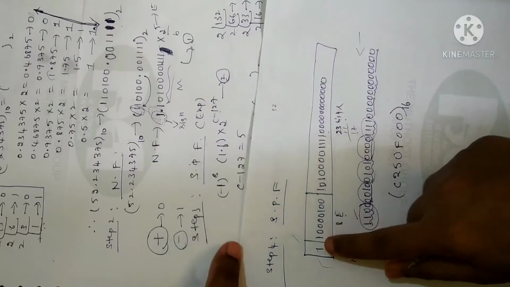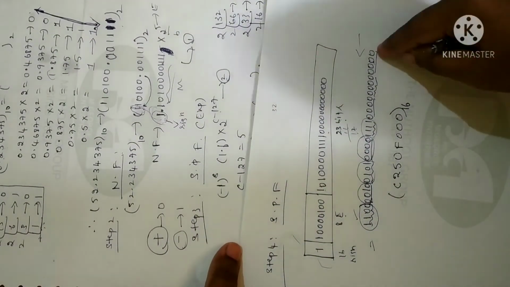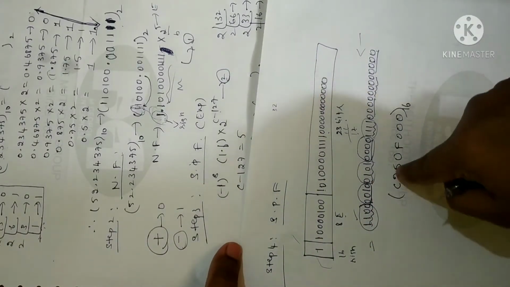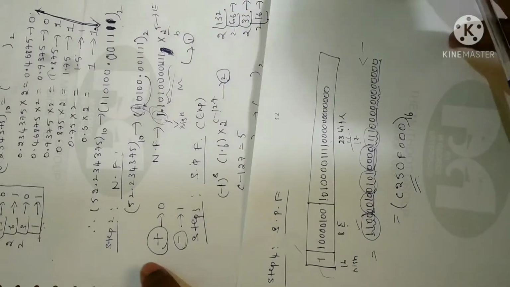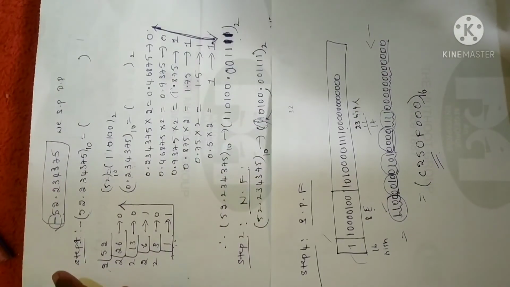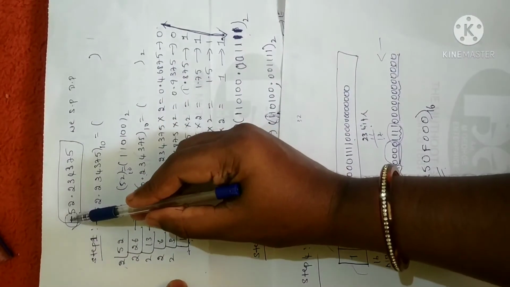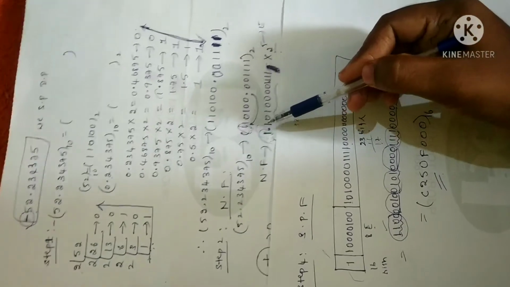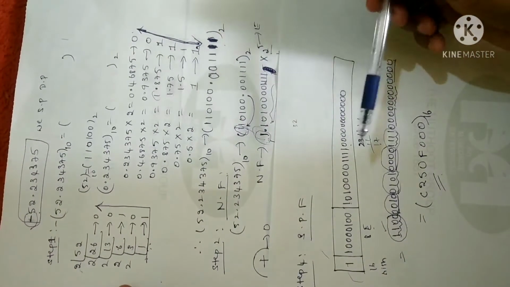Next, in the last step, you combine all these numbers together and make groups of 4 numbers, starting from the right side and ending at the left side, to convert to equivalent hexadecimal. That will give you the single precision floating point representation. Fine. Why I am doing the same problem is that you have to know the sign convention here. In the previous session I did the same problem with plus, where you obtained 0 here. So you can note where you obtained 0. I have done both to give the example.